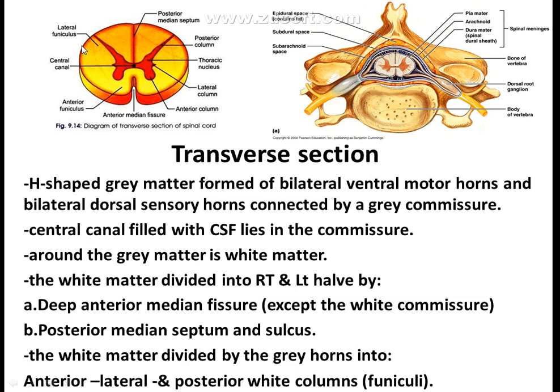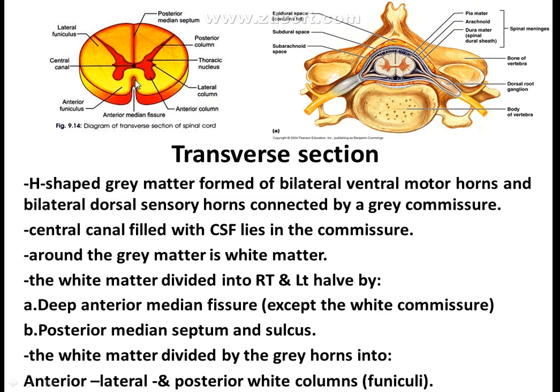So you can see that the surface of the spinal cord contains the pia mater that extends deep into the white matter posteriorly, forming the posterior median septum, and this posterior median septum divides the white matter posteriorly into right and left, while anteriorly the white matter shows a deep anterior median fissure